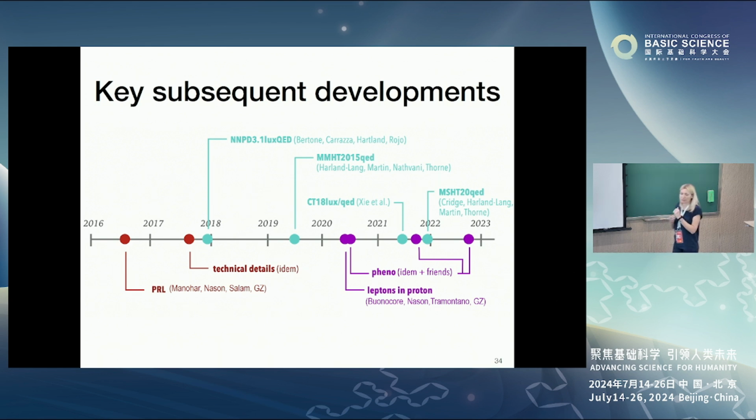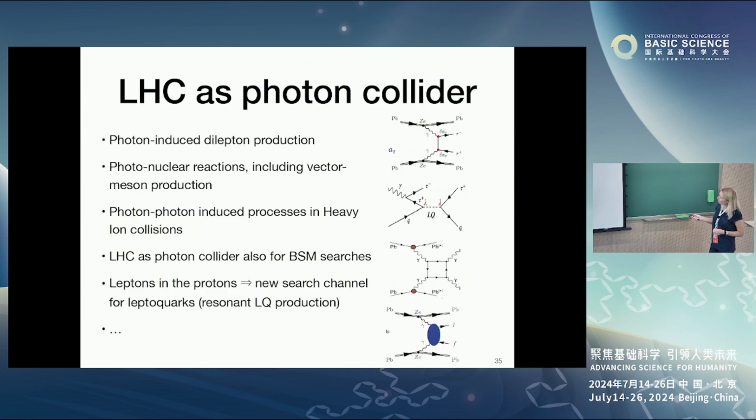Photon-induced processes became of much more interest, but also something else that happened is, for instance, realizing that once you have photons in the proton, these photons can also split and give leptons. And there is interesting phenomenology associated to that. So first, as I said, the LHC now can be seen also as a photon collider. This is true for protons, and has also been looked at in the context of ion collisions a lot. And so this shows that the LHC is a very versatile experiment. You can do many things, new ideas can be followed up.